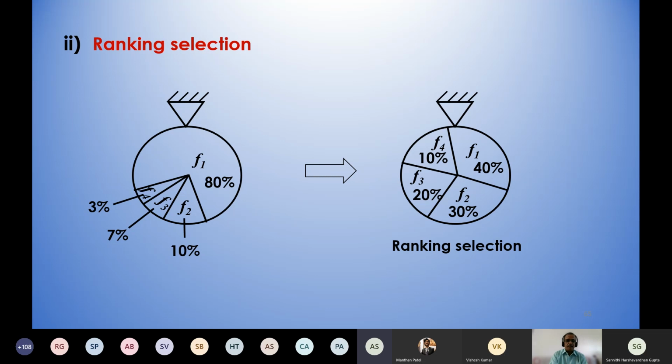Sir, anyhow, for the roulette one, we are generating the random number. So the fitness values which it had, they are becoming insignificant. Now, the random numbers we are generating to write down the program, that random number is related to the probability value, not related to the fitness. Are you getting my point?